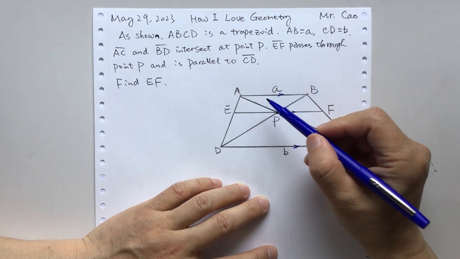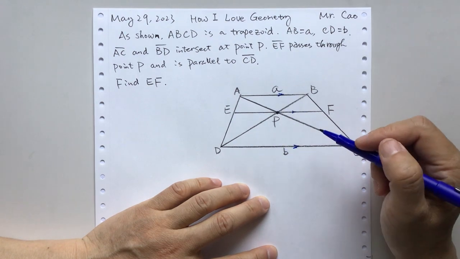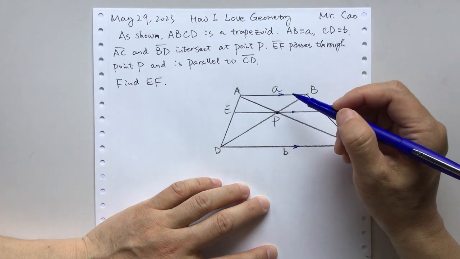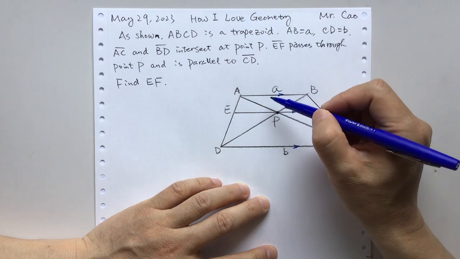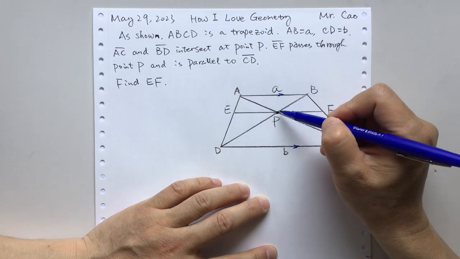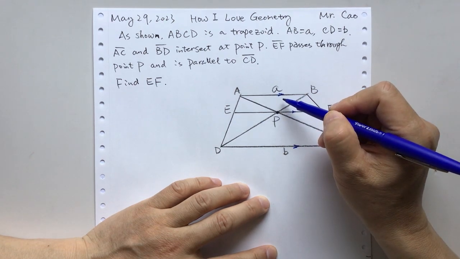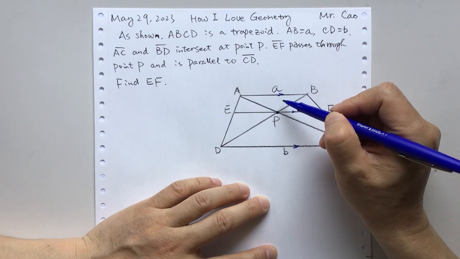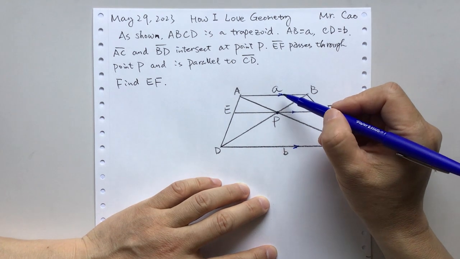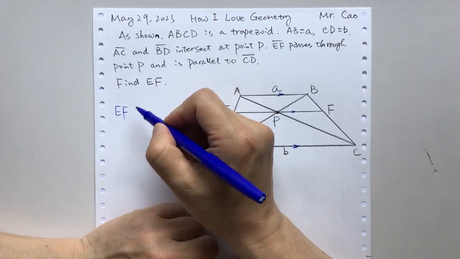The least value for EF is AB. The largest for EF is CD. I view EF as changing from AB to CD. So the length of EF is like a linear variable. So I can write down EF like